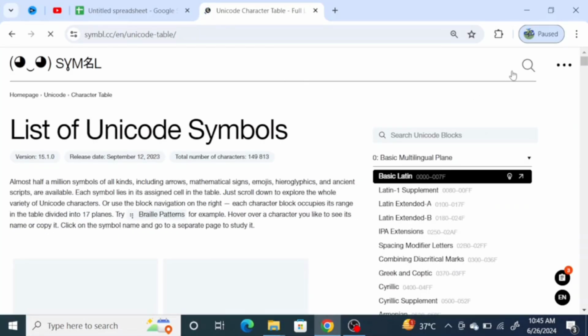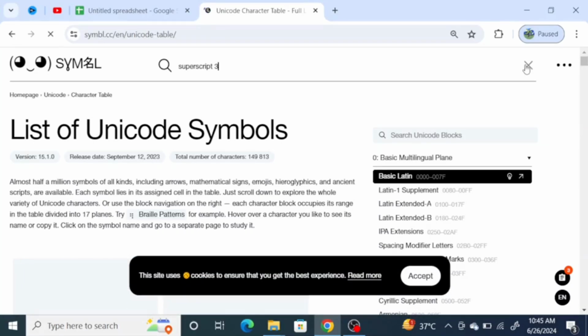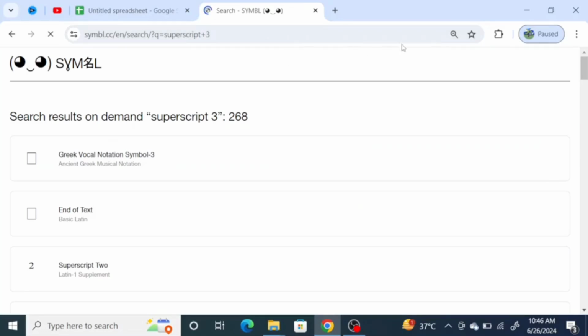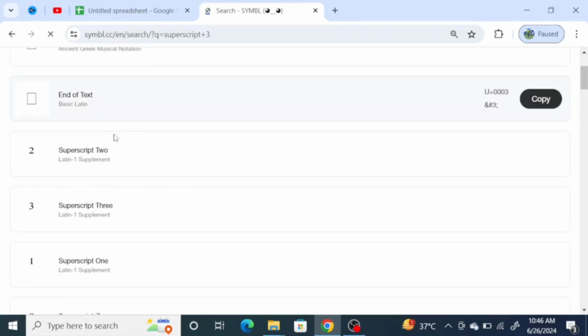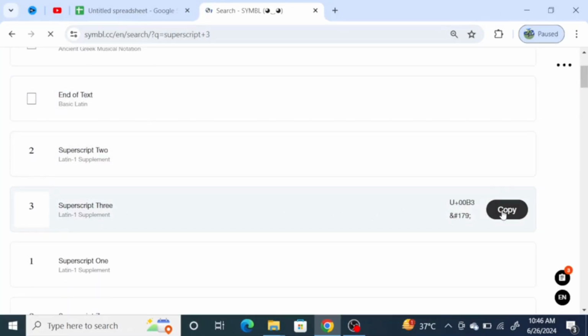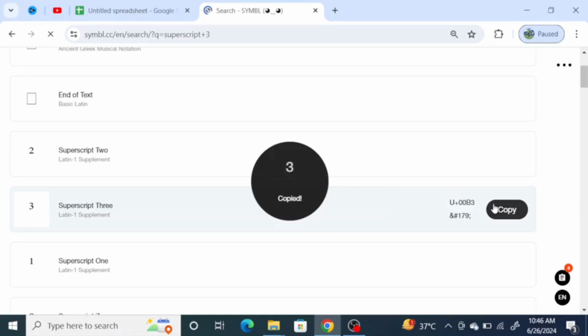Now on the website, search for Superscript. Click on Superscript and Subscript formatting option. Find and click on the Superscript 3 character. Copy the Superscript 3. Now return to your Google Sheets tab